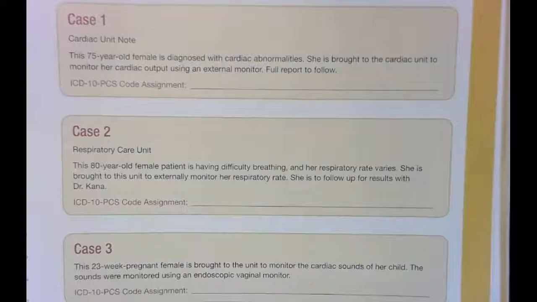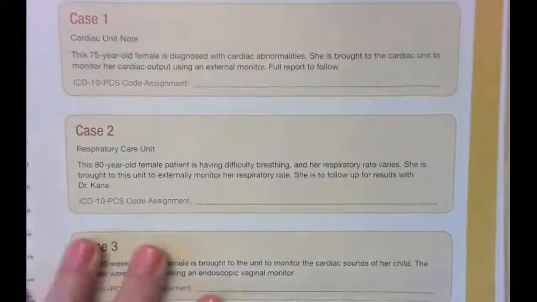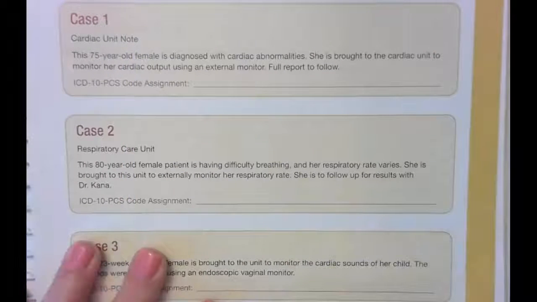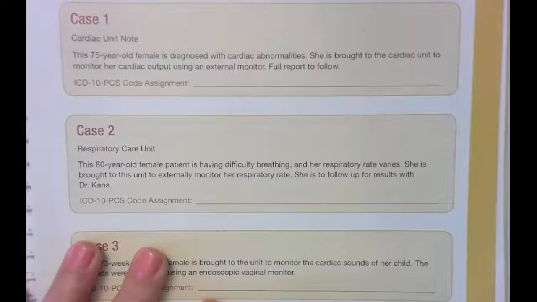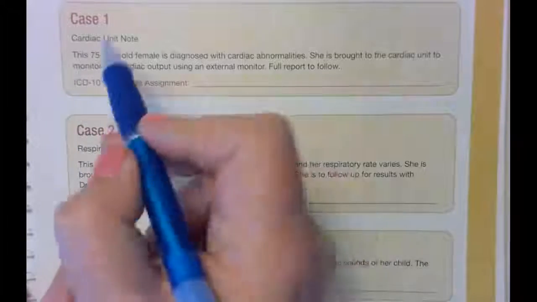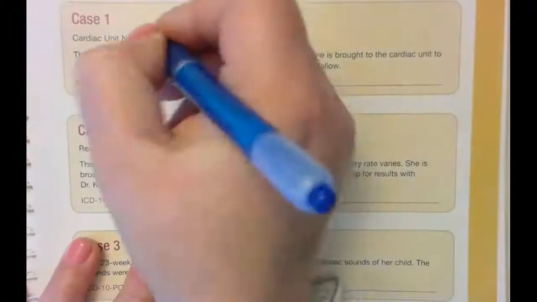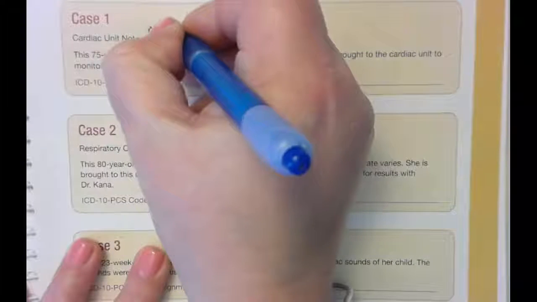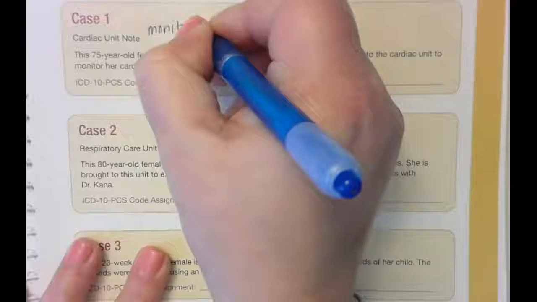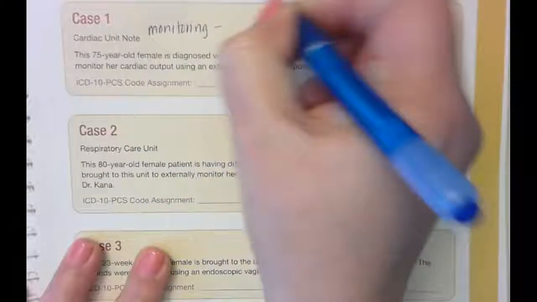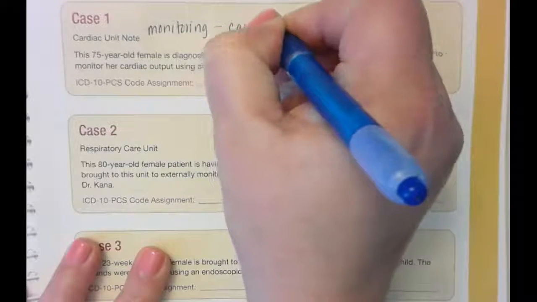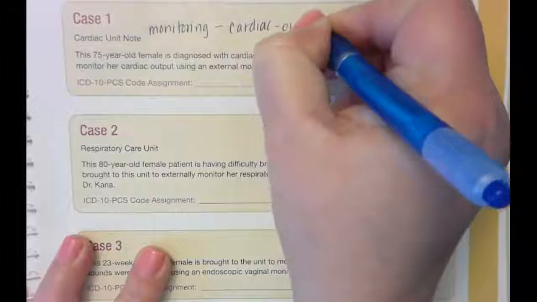So for case study number 1, it is a cardiac unit note. 75-year-old female diagnosed with cardiac abnormalities. She's brought to the cardiac unit to monitor her cardiac output using an external monitor. A full report is to follow. So for this, the key word here is monitoring. So I would look up monitoring, and then cardiac, then output